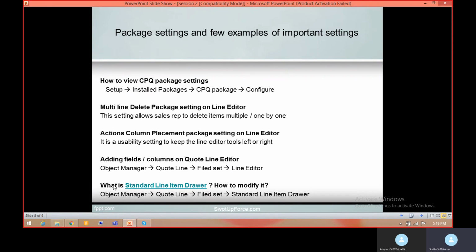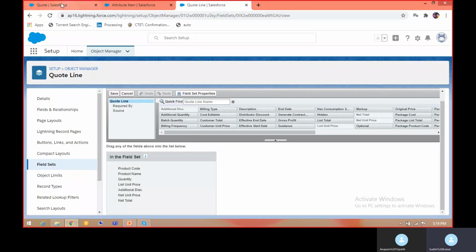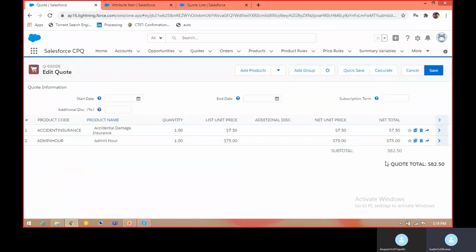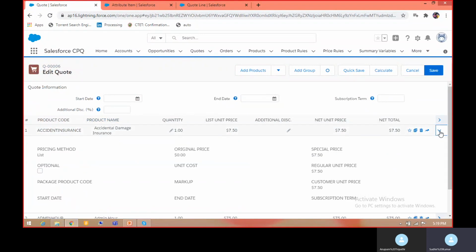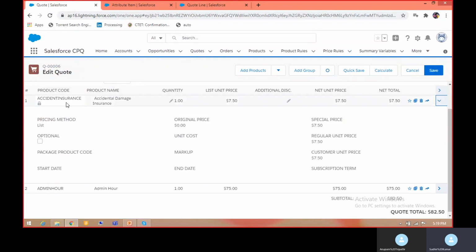Next thing is what the standard line item drawer is, and how to modify it. This is a line item, and if you click on this, it will show other details of this product. This screen is called a line item drawer.